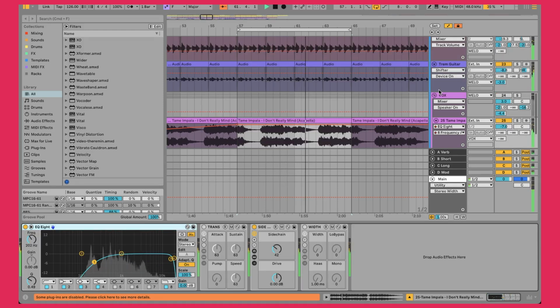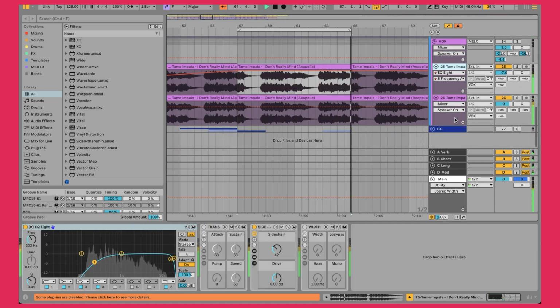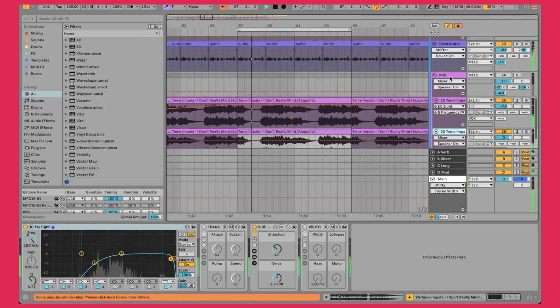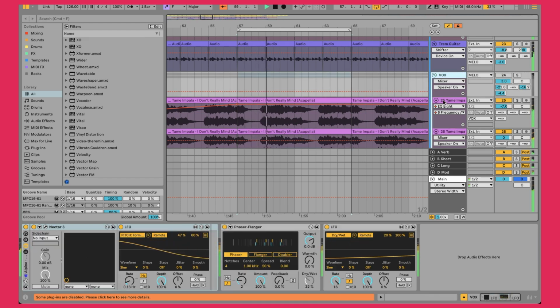Anyways, we'll quickly go over the processing because there's not much here. Just removing some of the low end, a little bit of sidechain so it's pumping. I think I did the same thing for both of these, so nothing too crazy. And then on the group layer for this, I have this Alpine Box preset from my buddy John Alpine, which is just slowly warbling the pitch, so it's slowly morphing over time.